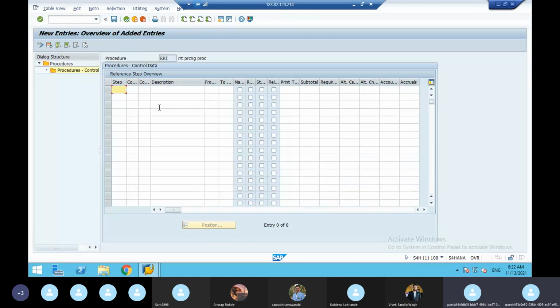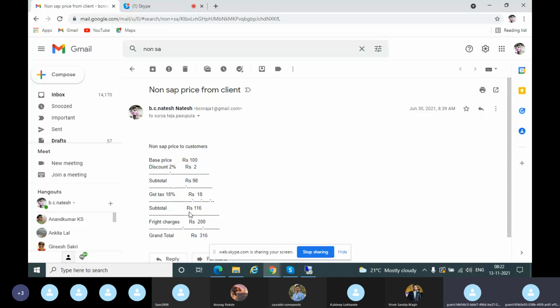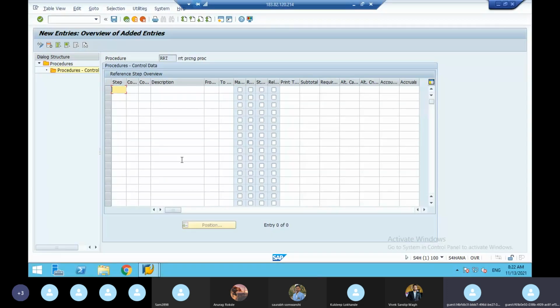How they have given it, like that only we are going to make here. So how? Step 10. You can give one also. So I'll give two character 10. Here condition type. Always, as per the government act, tax department, your bill should have first the base price. Okay, selling price. So my selling price is RRPR. That is the base price. That is manual.